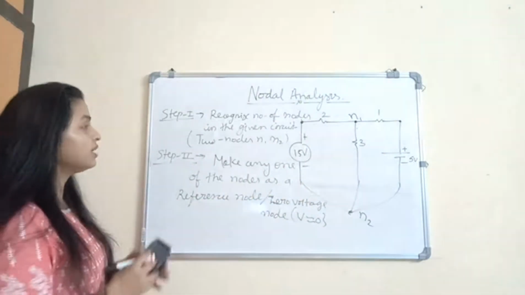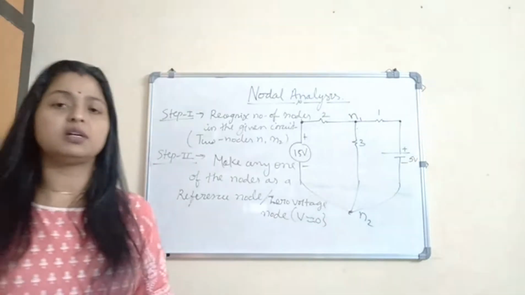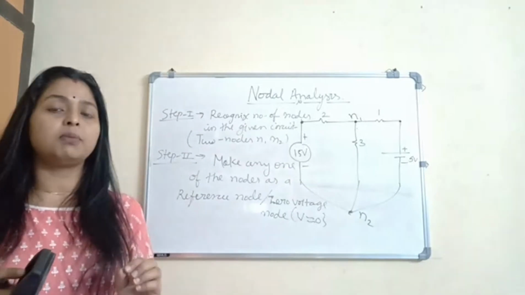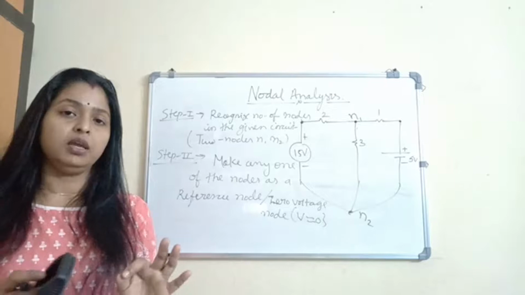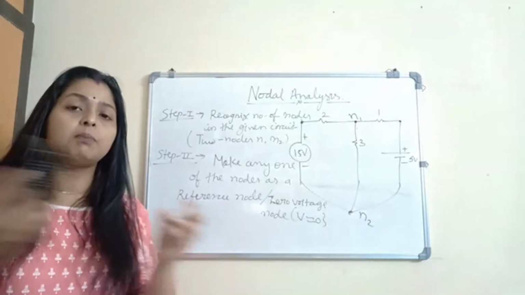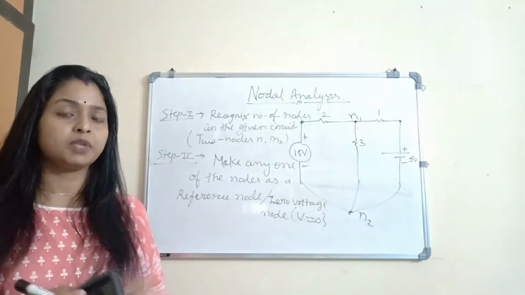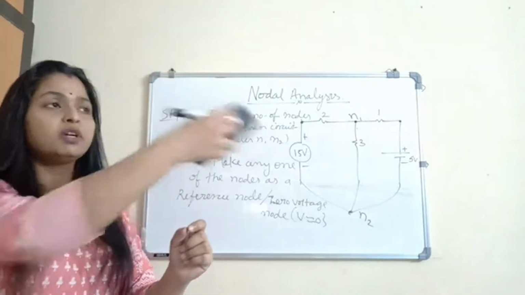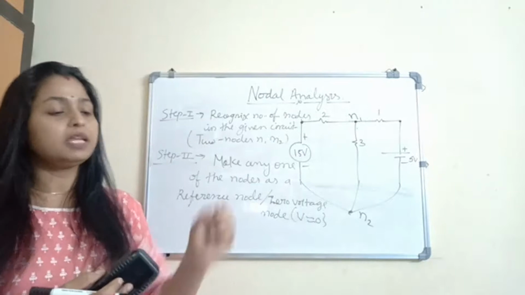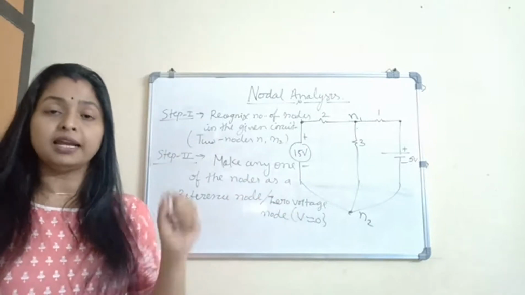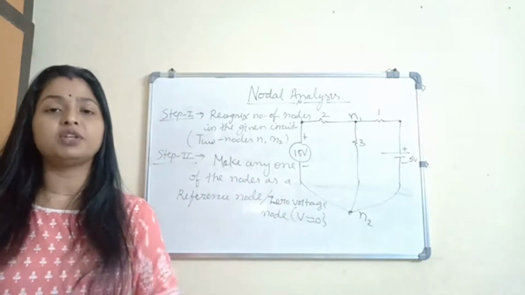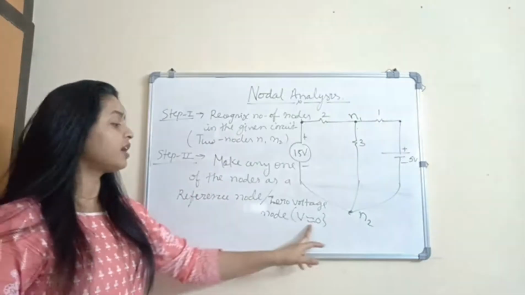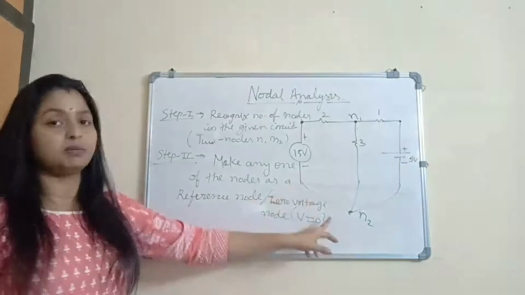That is why, because in practical applications, in our domestic applications also, every electronic component should have its own ground. And a number of electronic components can be connected together with a common ground pin, a common ground terminal. One single common ground is there, and the negative terminals of a number of devices can be attached to that single point. That single point is known as the reference node or the ground node. Ground is known as such because it has voltage 0. It is the negative terminal.